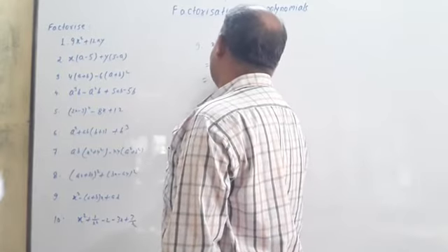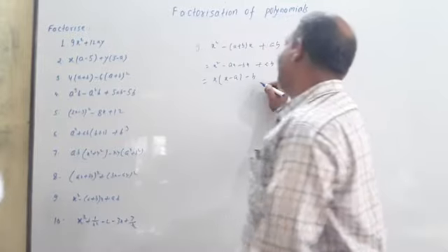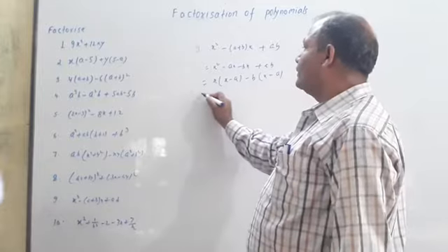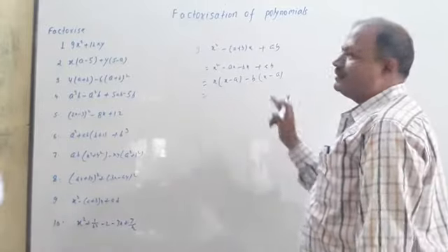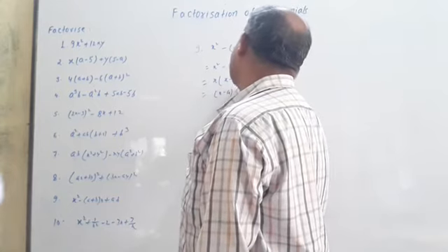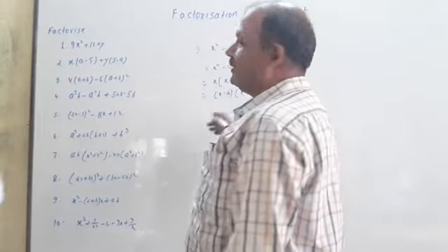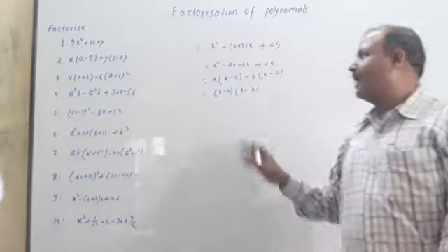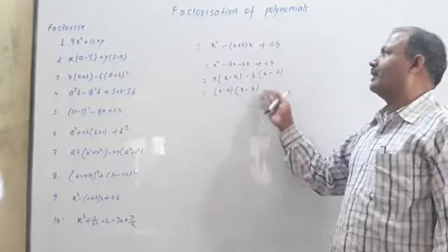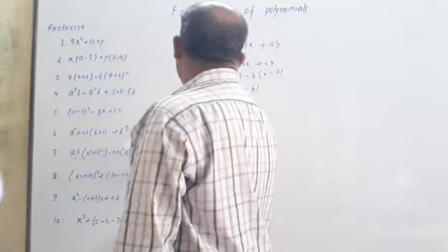When we take x as common, we are left with x minus a. When we take minus b as common, we are left with x minus a. Now we find x minus a is common in both of the terms. Therefore, x minus a will be taken as common, and we are left with x minus b. And these are the two factors, x minus a and x minus b, which are formed as the factorization of the given expression. Come on to the 10th problem.